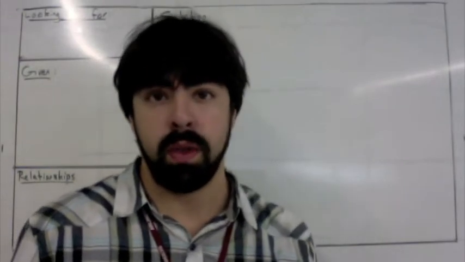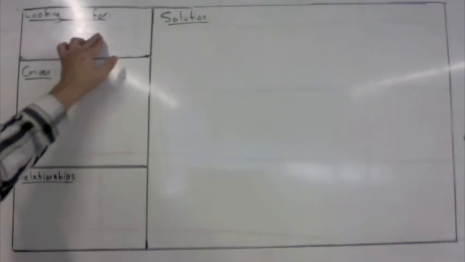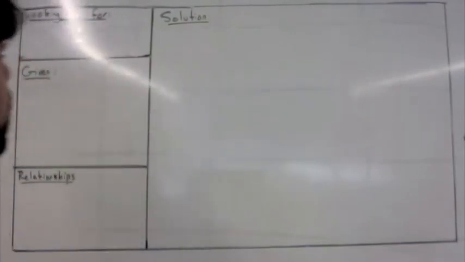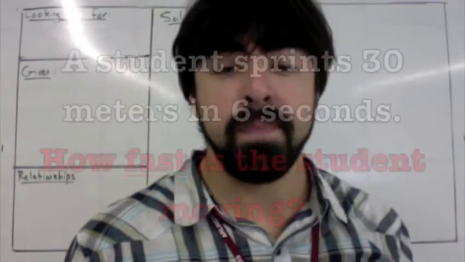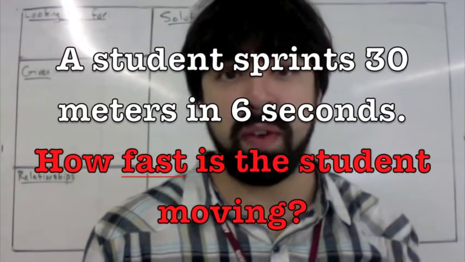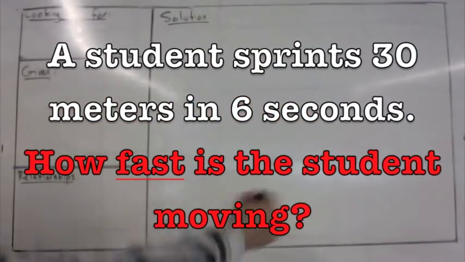And I'm using a problem-solving box that will assist me in doing this. So first thing I need to know is what am I looking for? Sorry about the glare. Well, if we look at the question, it says, how fast is the student moving? Fast. Speed. We want to know speed,